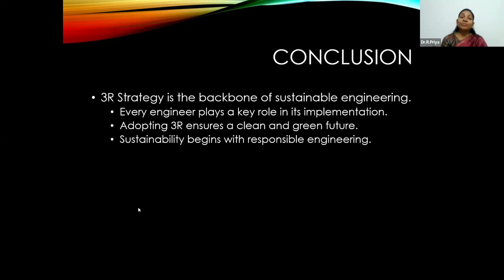For example, a water bottle. Yes, we can drink the water and throw the bottle away immediately. But the thing is, it creates harm for our environment. So we can keep that water bottle in one place, right? So that is a CSR activity.